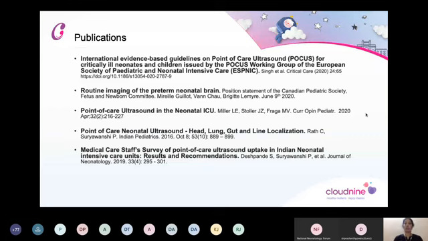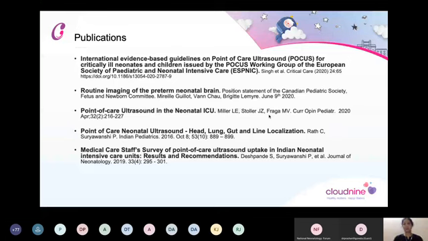I'd like to mention some of the publications. There are several, but some of the notable ones are mentioned here. The European point of care ultrasound group has published evidence-based guidelines recently, which I'll talk about in the next few slides. Then the Canadian Pediatric Society has put up a position statement in a publication as recent as last month. This is about cranial ultrasound. And you have a US group